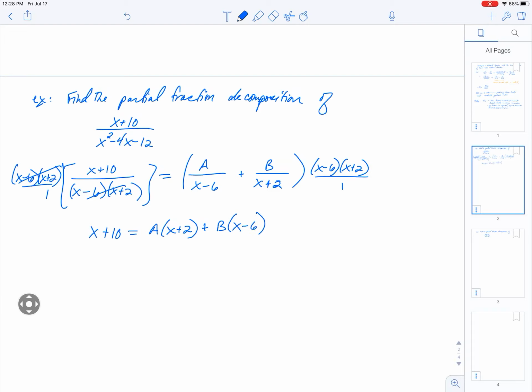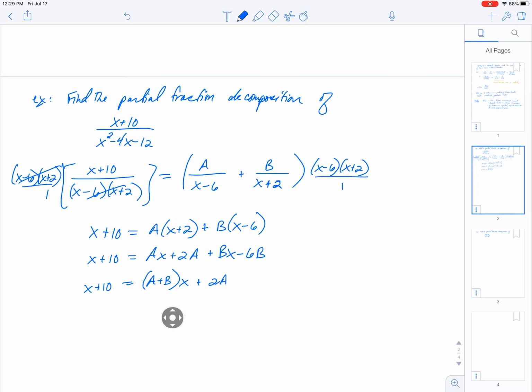Remember, what I'm trying to do is find the constants a and b. Because if I find the constants, then I will have taken this and decomposed it into the sum of these two expressions. So x plus 10 is equal to, and on the right-hand side we're going to distribute the a and the b, and then group like terms. So this becomes ax plus 2a. Remember, 2a is just a constant, plus bx minus 6b. The like terms would be the ones with x. So it's going to be x plus 10 equals a plus b, factoring out the common x that they have,